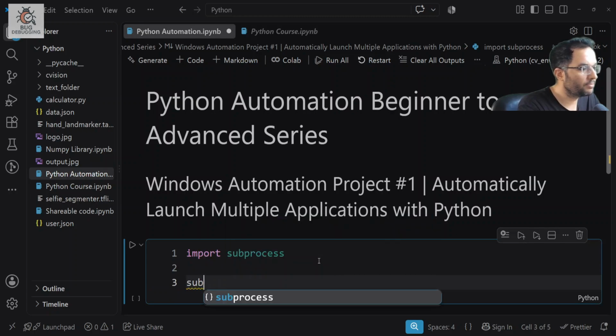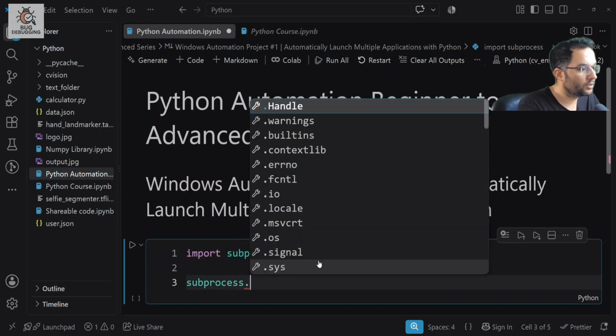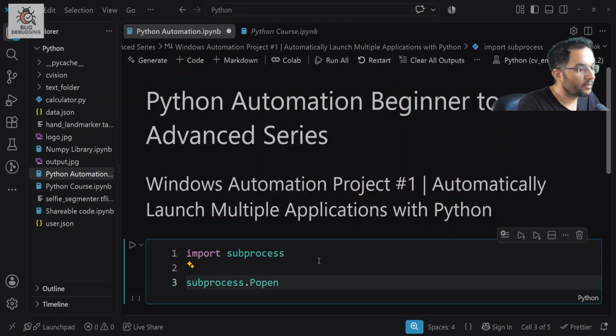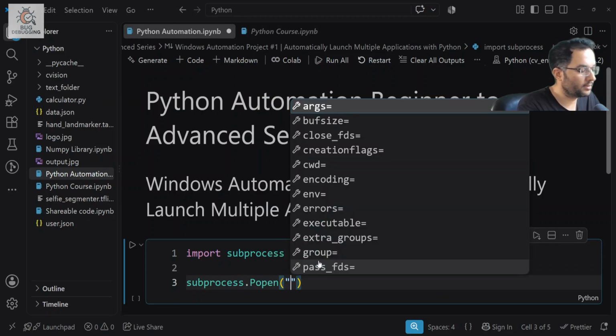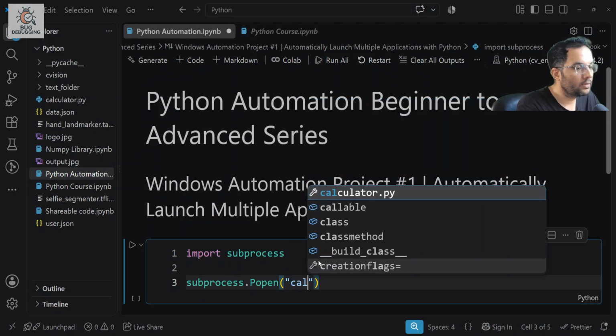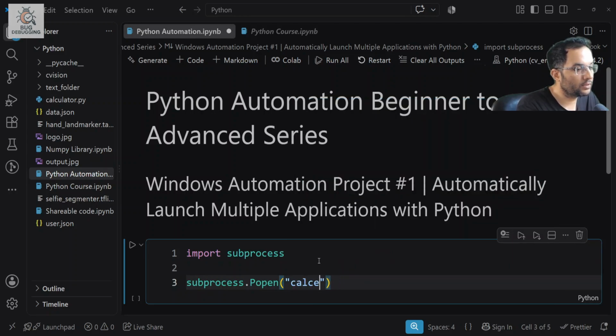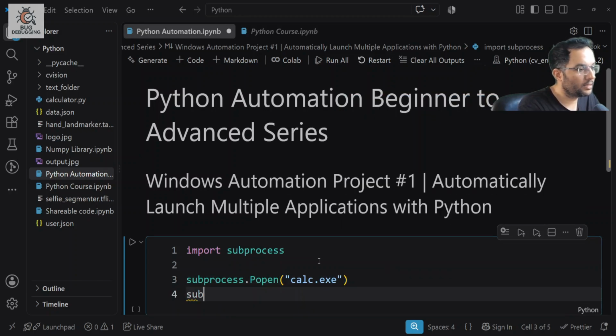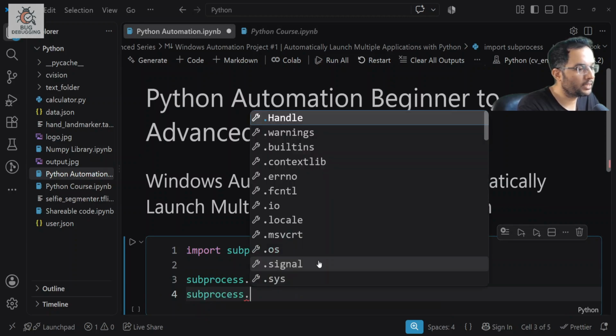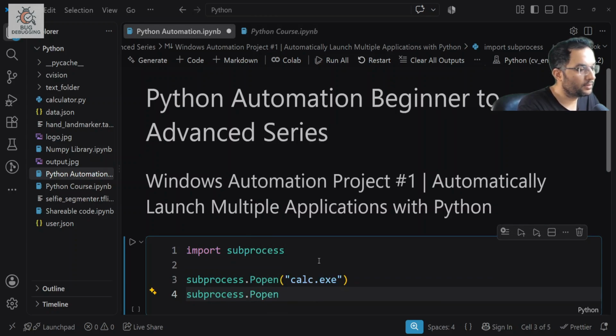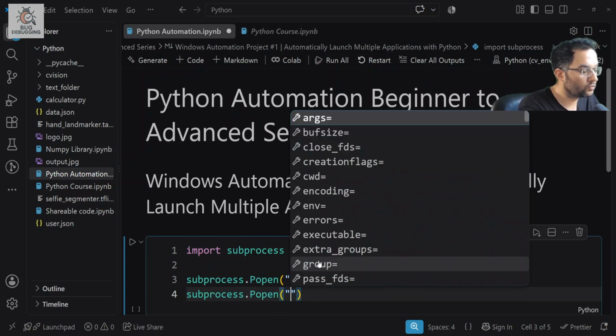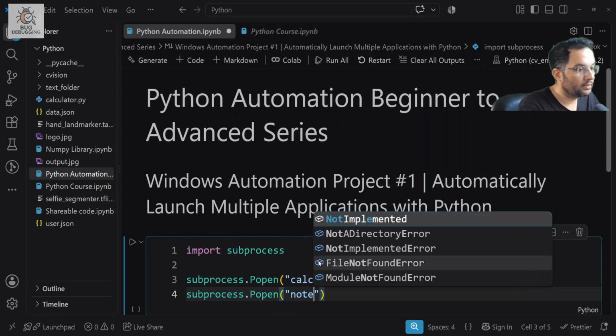To do that, we'll simply use subprocess.Popen, and inside the round brackets, inside the quotation marks, we'll simply type the name of the application. In this case, we want to open the calculator, so we'll simply say calculator.exe. That's it. And if you want to open another program, that is subprocess.Popen, and let's say, for example, we want to open notepad.exe,